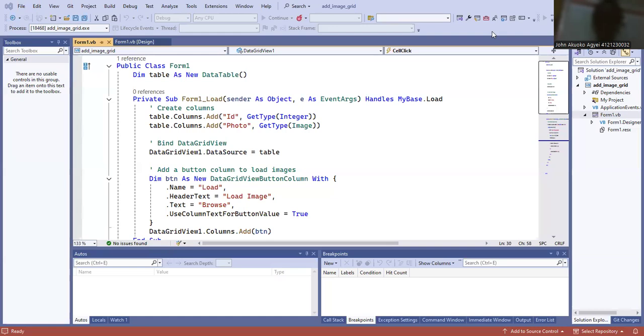In this project, we look at how to add images to our data grid view and browse through our images. First, we define a virtual table in memory which will hold the user inputs, which is named table. Later we move on to adding columns to the table, which is table.columns.add id, get type